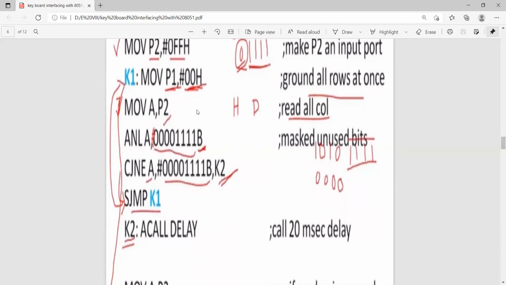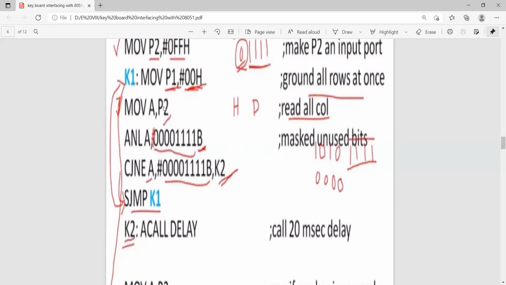Then the next step: transfer port 2, that is, whether any key is pressed or not, the value will be transferred to A. That is the identification of the column, reading all the column values.